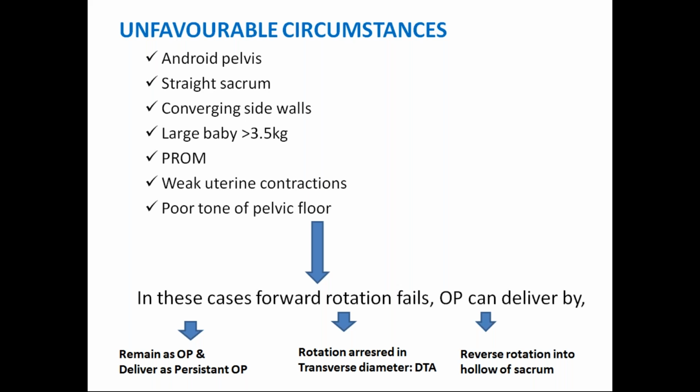Then very, very rarely, another type of mechanism for occipito-posterior is, in a case of an anthropoid pelvis, because the AP diameters are large. So instead of taking a long internal rotation,